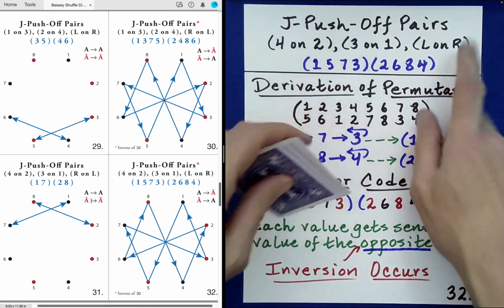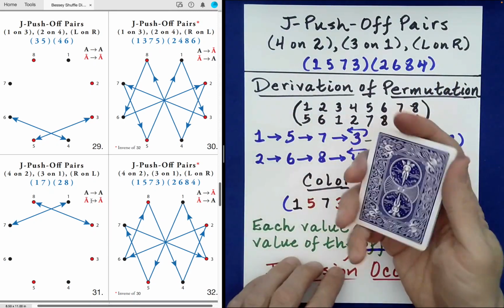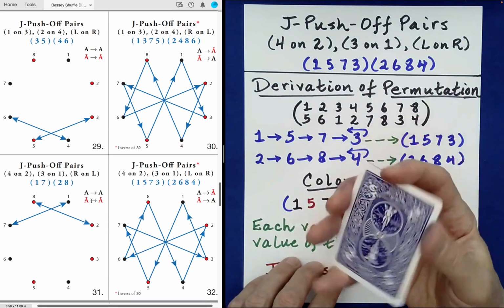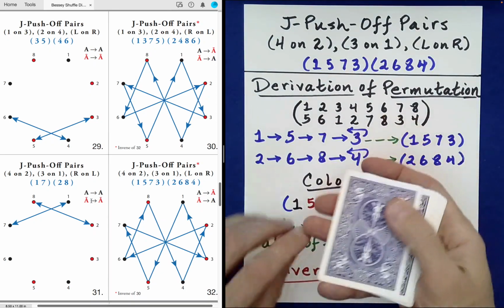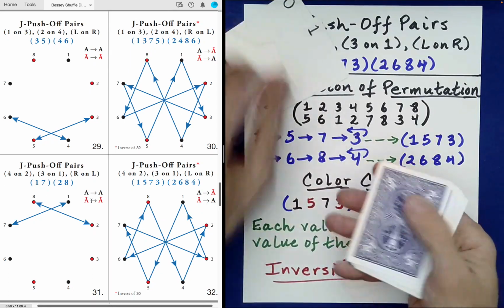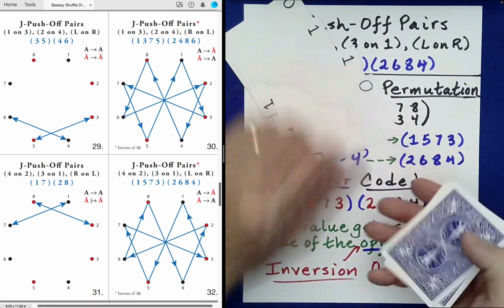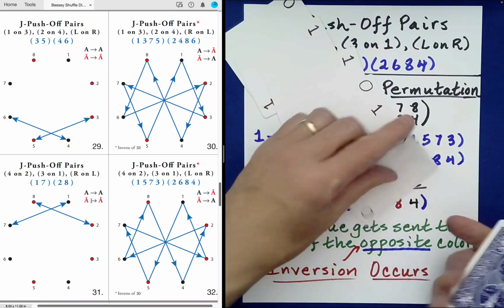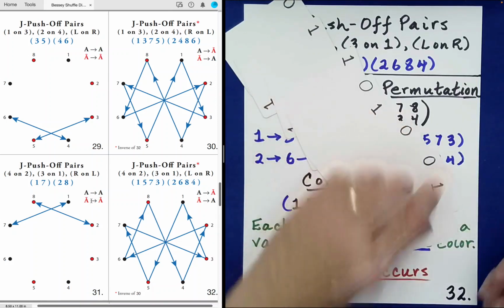Okay? So is it true that inversion has occurred? Well, inversion will have occurred if we now have the sequence 0, 1, 1, 0, 1, 0, 0, 1, which